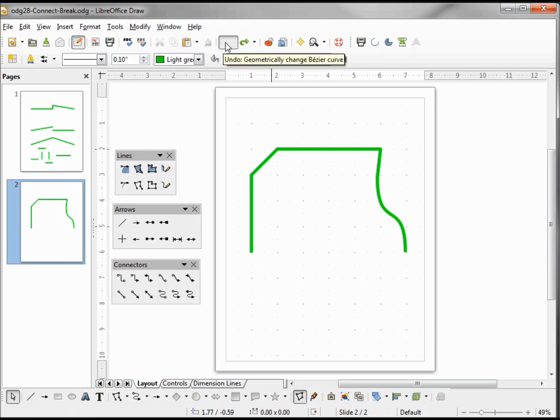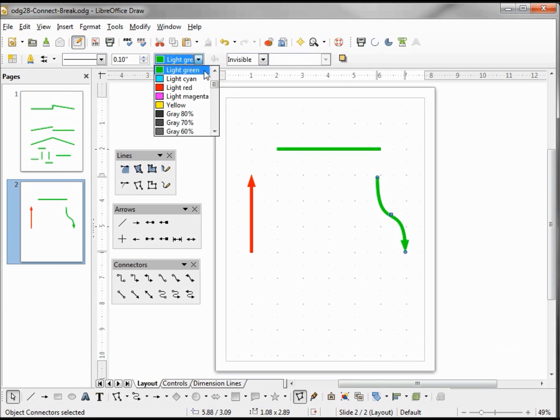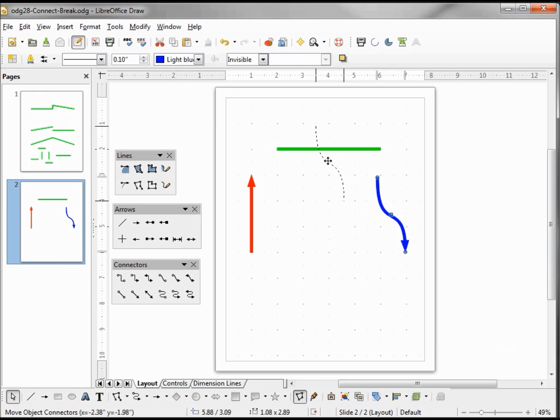Let's undo this. I'm going to change my arrow to be red and my connector to be blue, light blue. If I move my connector over my polygon, we see that it is over the polygon. The polygon green is in back. Then we've got the blue connector. Now we're going to move the red arrow.